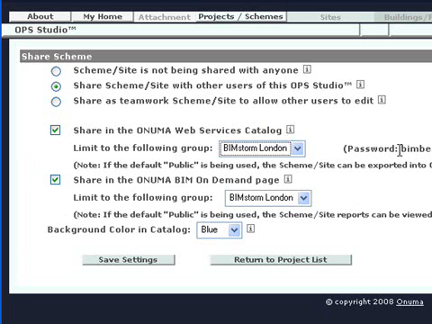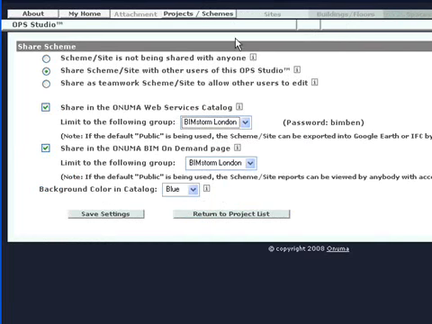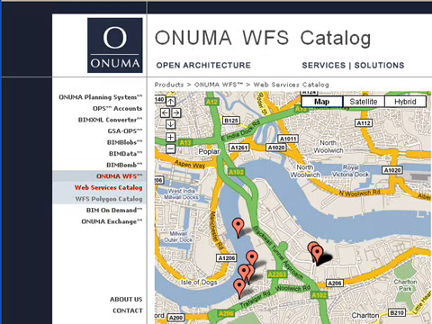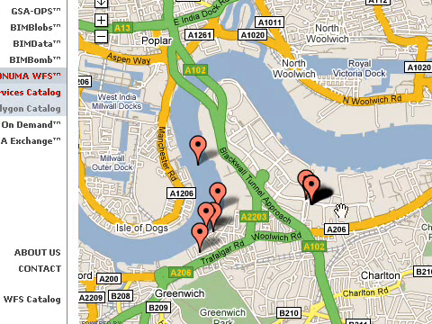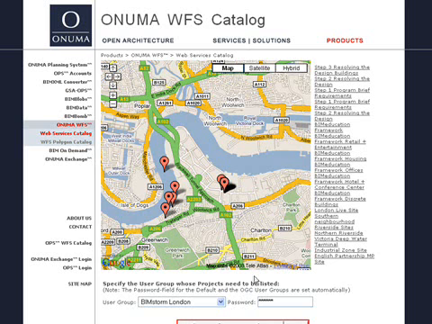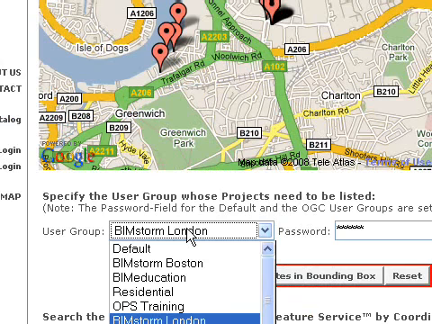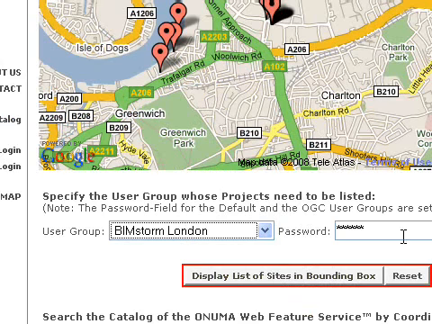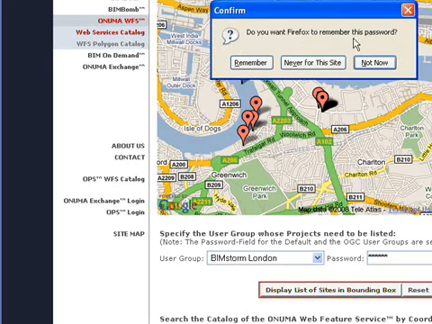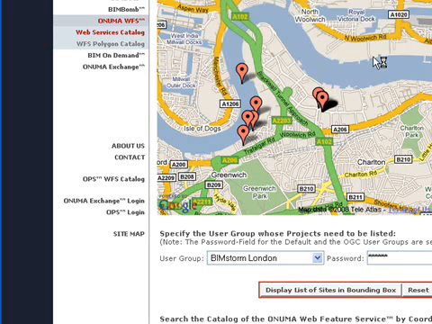The password is written here, so you would send them a link to the network link file, to the web services file with that password. So let's go to the web services page now. This is a web services page for the public to access projects that have been shared and made accessible to web services. So if I select user group BIMstorm London and type in the password, which will be emailed to all participants, and click display list of sites and bounding box, it'll filter out all the projects that are on